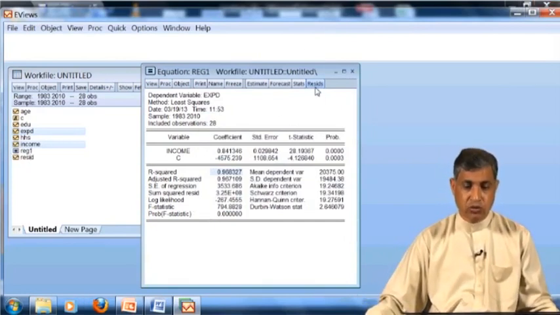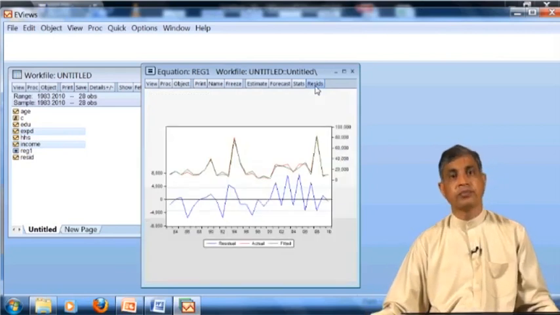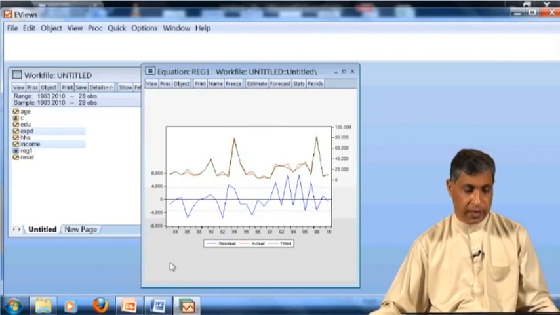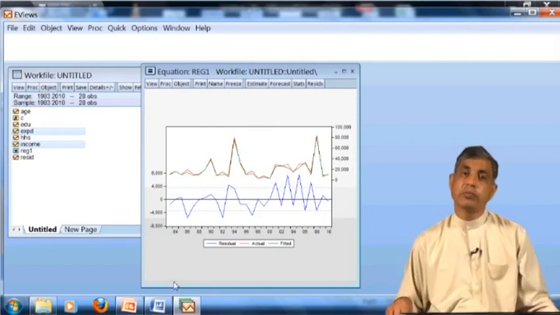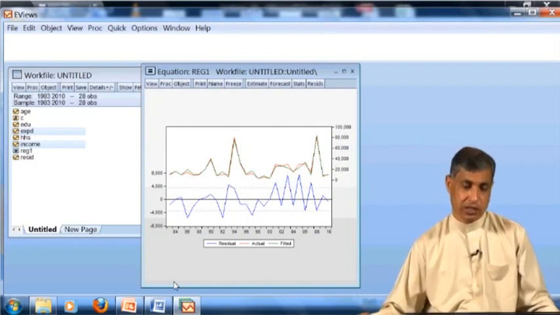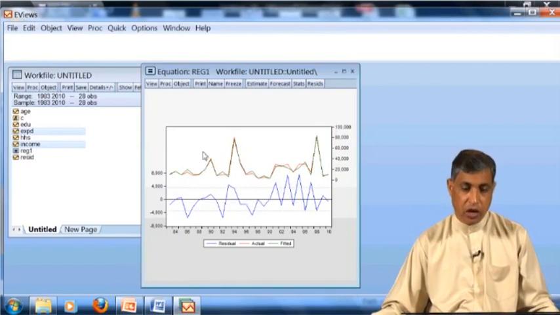So what this means, these are the residuals, the error terms. What is the error term? If you remember, the error term is simply the difference between the observed value minus the estimated value.